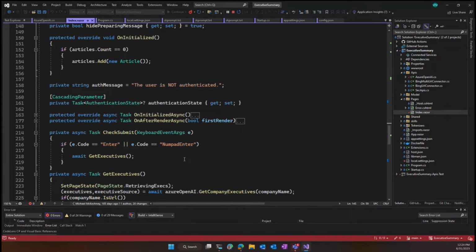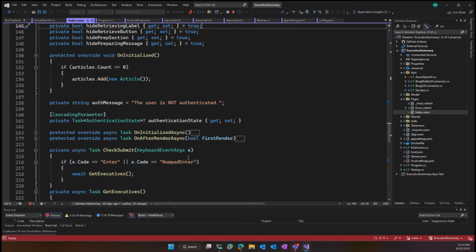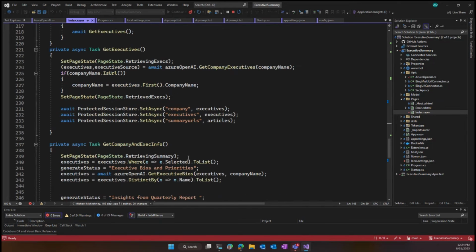So that's my discovery, my aha moment for Blazor. If anyone hasn't had that aha moment yet, that's what it's all about. So let's walk through. That first button, when I typed in Microsoft, gave me that list of Microsoft executives, right? First thing I'm doing is making a call to my OpenAI to get my list of executives, right here, and then setting that